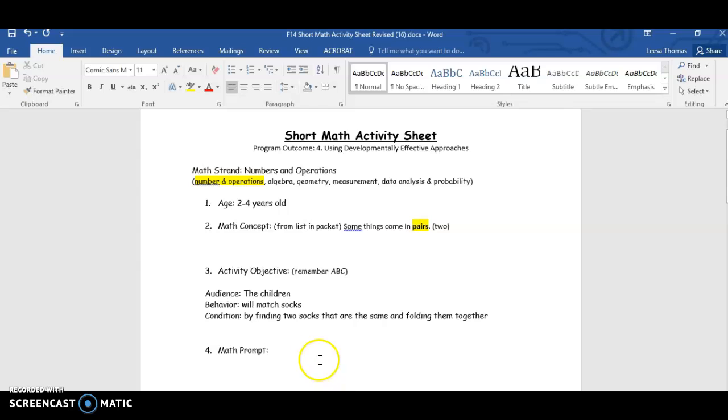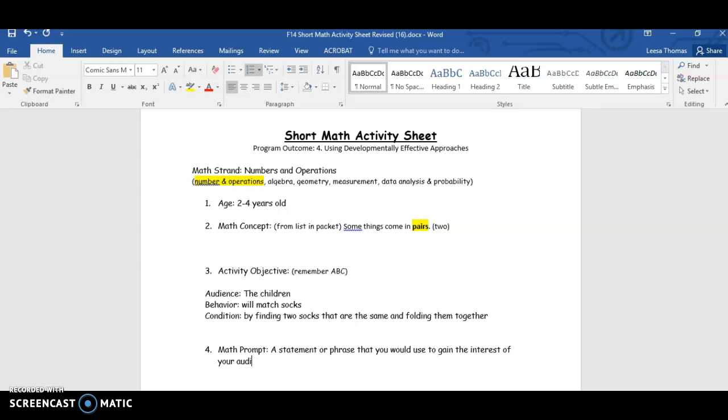And then your math prompt. This isn't a prop. Some people get the words prompt and prop mixed up. And I cover this in our language and literacy class because in language and literacy we talk about a prop that you would use during a story read aloud. A prompt is a statement or phrase. I'm going to type this in. A prompt is a statement or phrase that you would use to gain the interest of your audience, which is